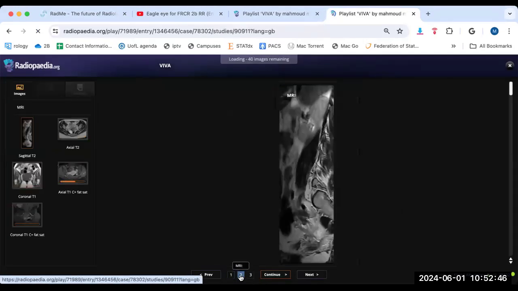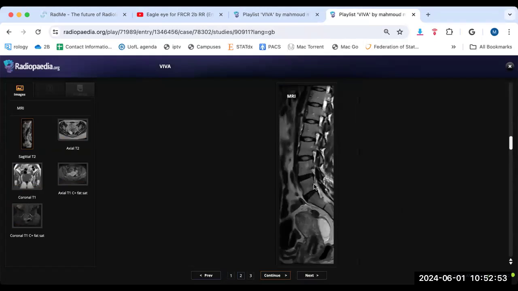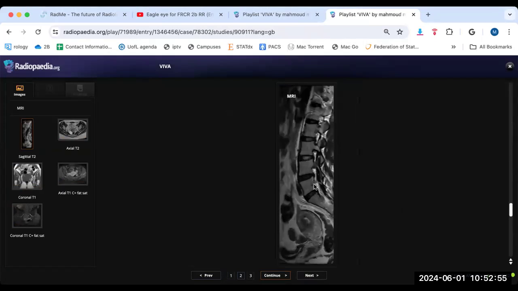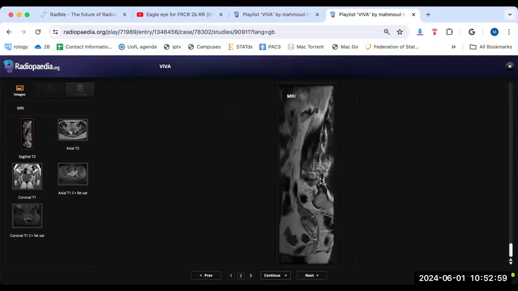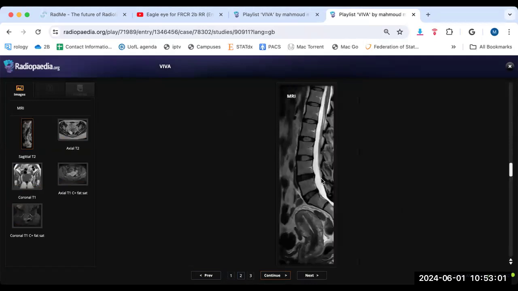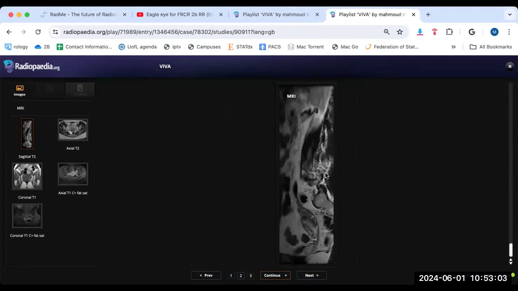This patient has pelvic pain radiating to the back. Okay. So this is a sagittal T2 weighted image of the spine. I'm scrolling through the images, so I can see there is